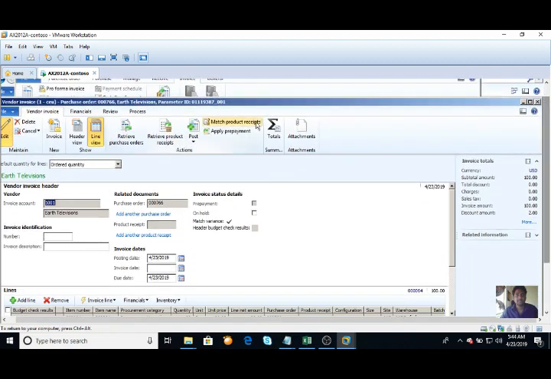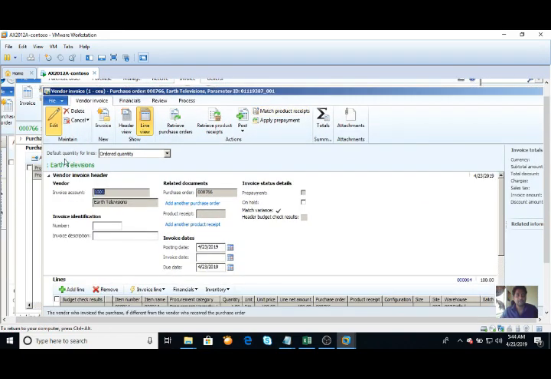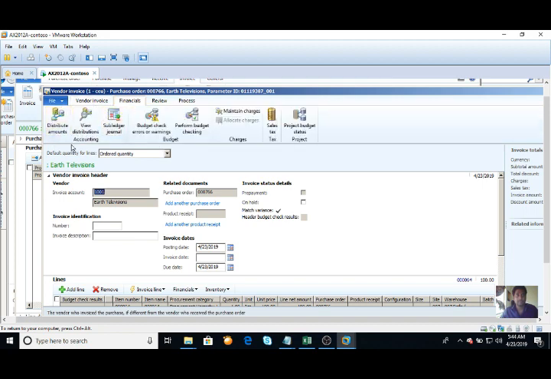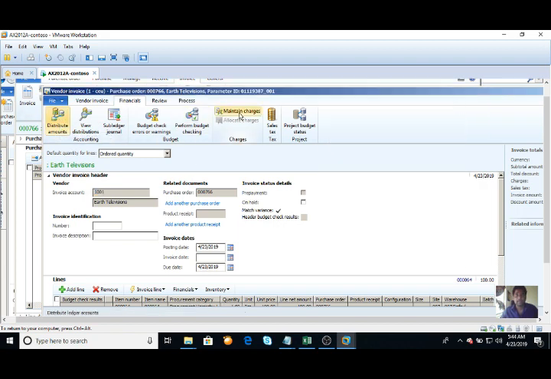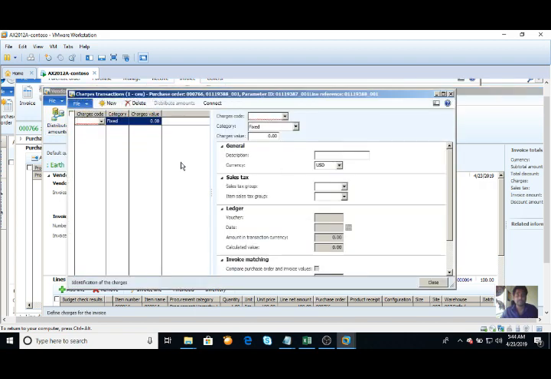Okay, this is the vendor invoice form where you have multiple options. You can see the header view, you can see the line view, and in the financials tab you have amount distribution, where it will give you the distributed amount. And also, if you have any charges for this particular purchase order, you can click on charges, maintain charges,